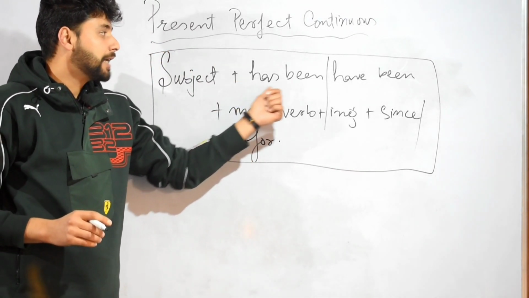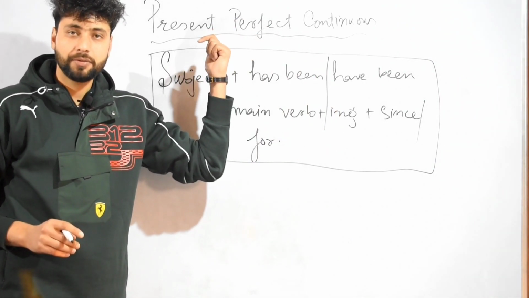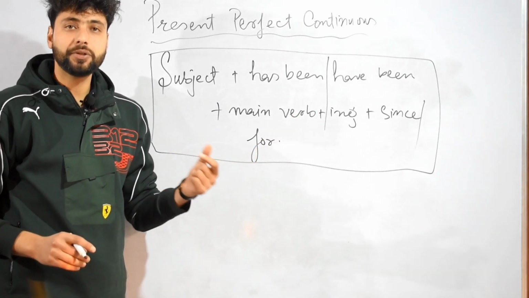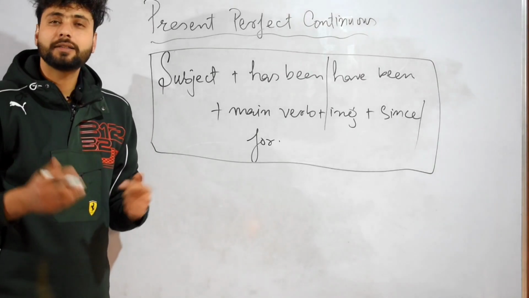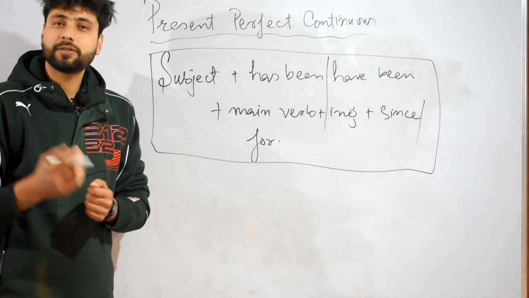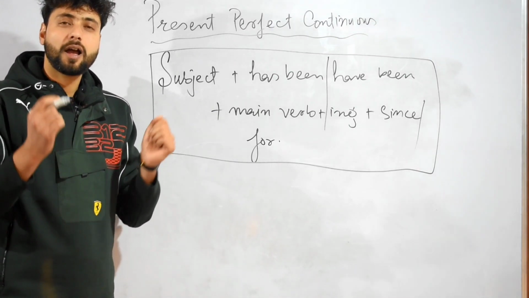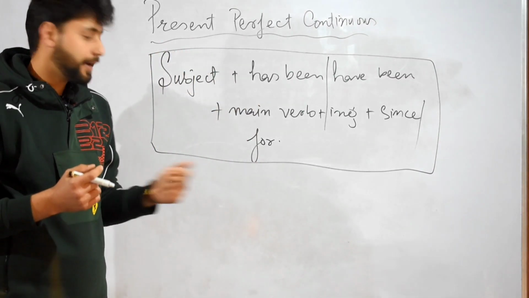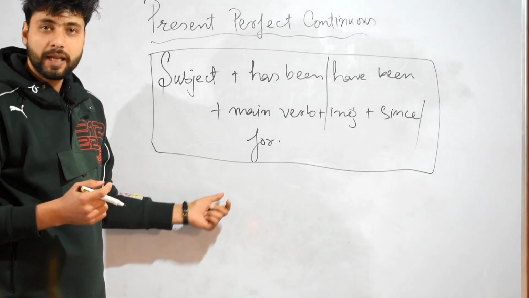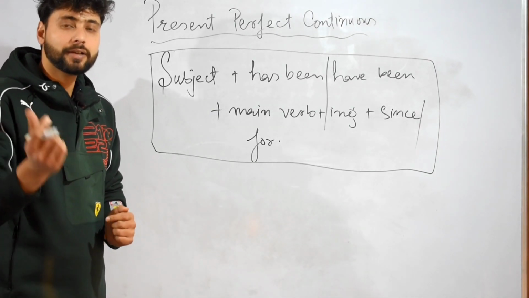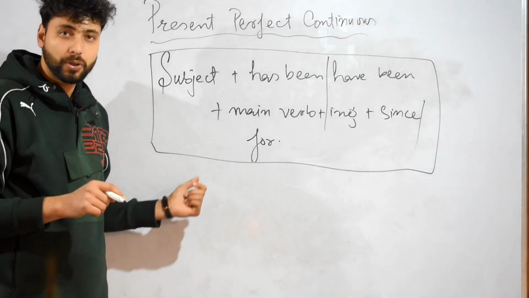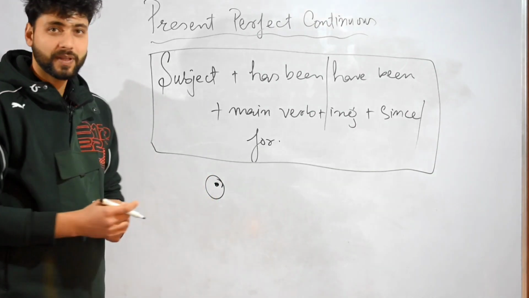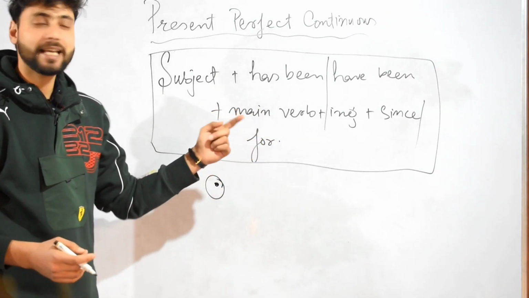I have talked about has and have in the previous video. Now in this video I'm going to talk about since and for, where to use since and for in our sentences. Let's suppose I ask somebody to come here and place a point anywhere on this board. The person is going to get up and place the point here. Then I ask somebody else to locate the point placed by that guy on this board. The person is simply going to get up and locate it here. This is a point of time. This is since.